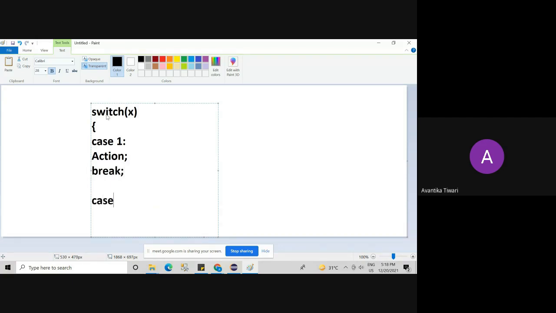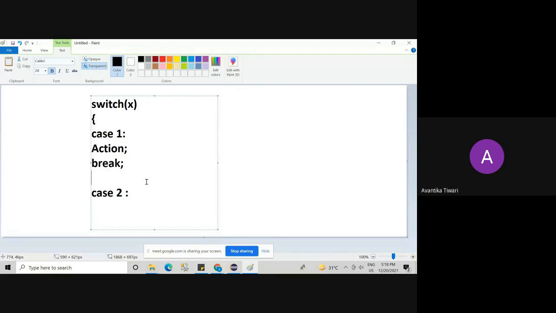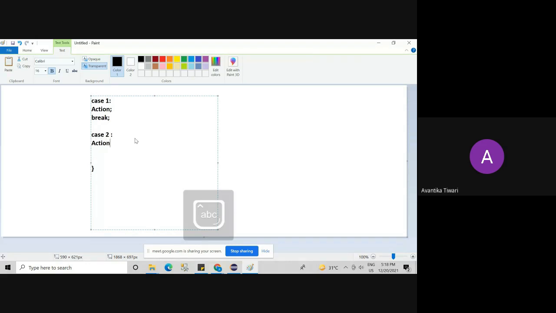Then we will specify the second case. As I told you, here we will be having a lot of cases. Again, the body action that has to be taken if the second case is true, that we will specify here. And again, we will break this case also, and we will move on to the next case.